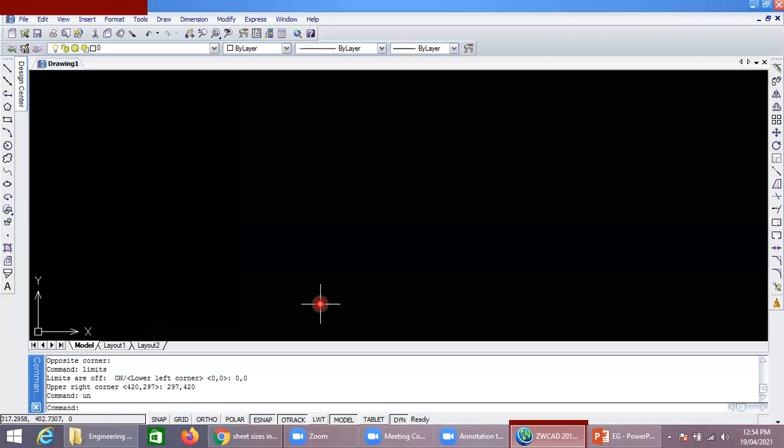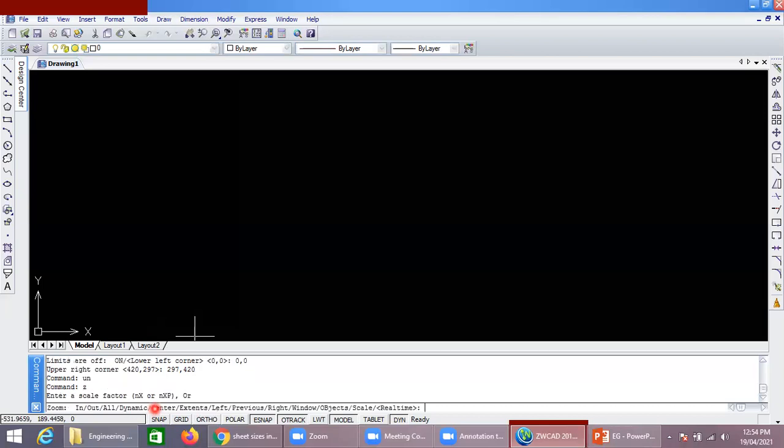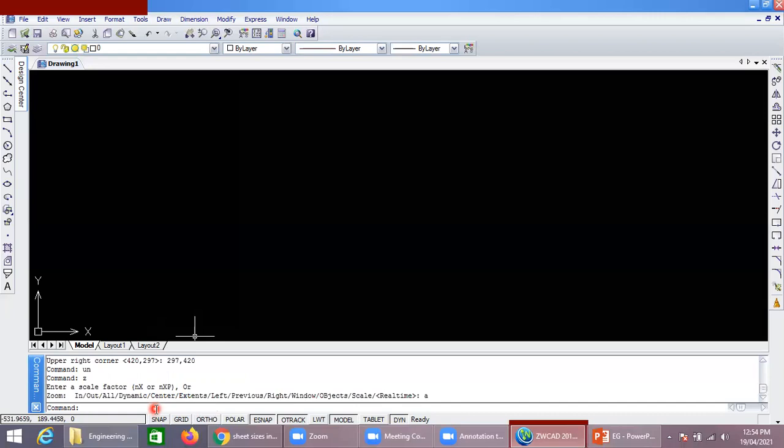Then third step, if any kind of drawing is already present on the drawing sheet, how will we be able to know? We have seen in the first video, there is a command zoom all. The command is shortcut by Z, enter, and A, enter. So all the things which are drawn on the present interface are now in front of you. Presently, there is nothing on the drawing area.